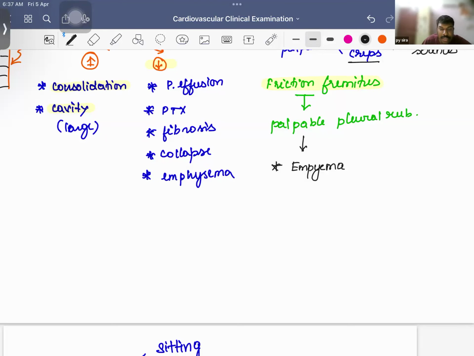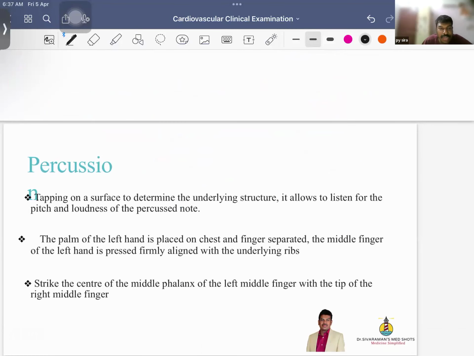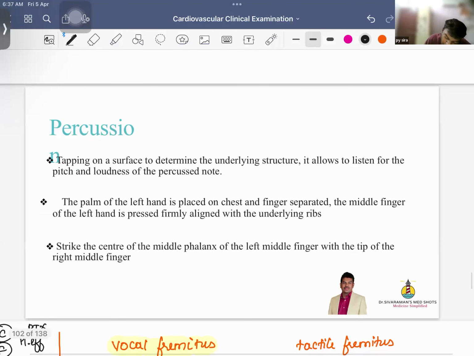Next important thing is percussion. Percussion is very important because most of your questions will be around percussion. Whenever you go for percussion, you have anterior percussion, posterior percussion, and axillary percussion. These are the areas of percussion. Whenever you check the anterior part of the chest, you have to make the patient